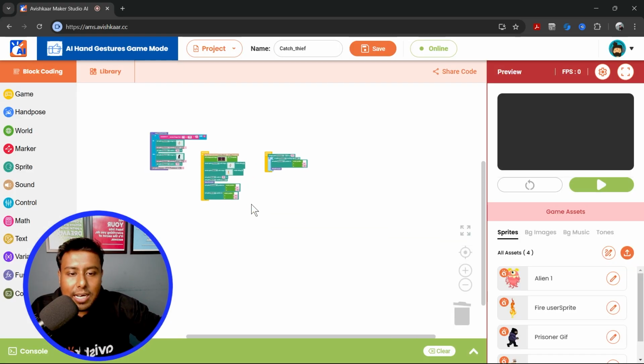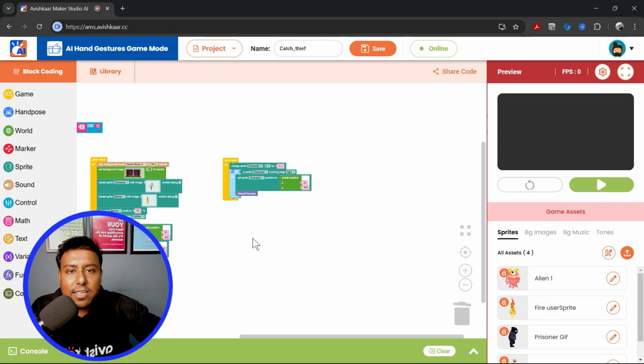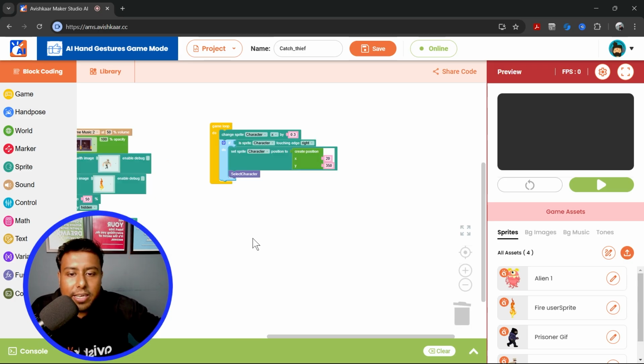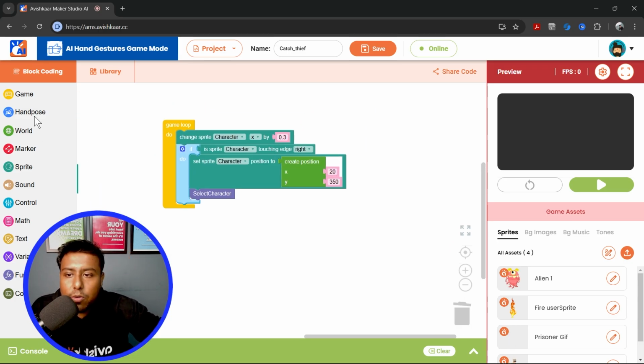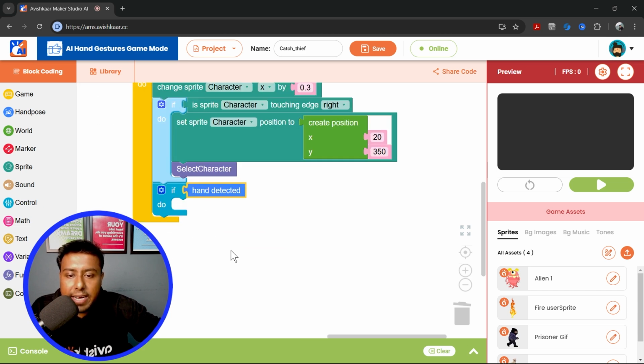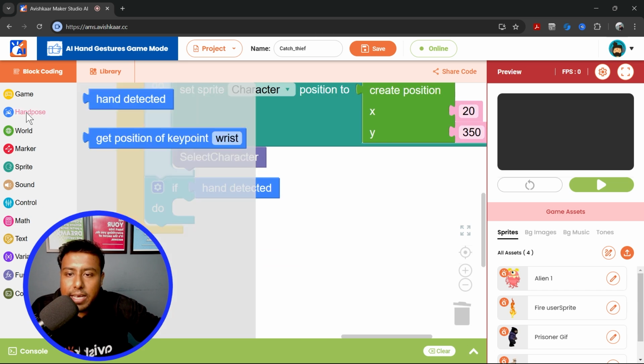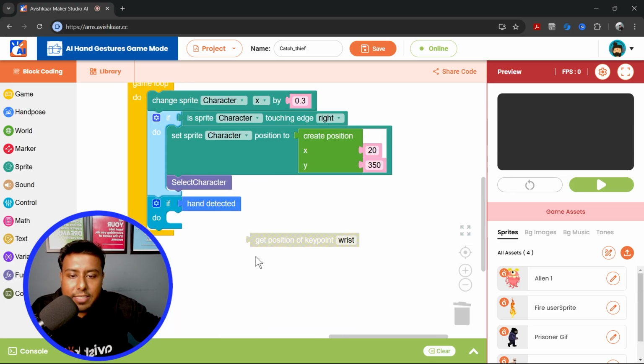Now stop. Now the next thing is we actually want to make the fire visible whenever I make the hand gesture. Okay, so first of all, I'll go to hand pose. I'll pick up this block, control. If hand is detected, then I will check